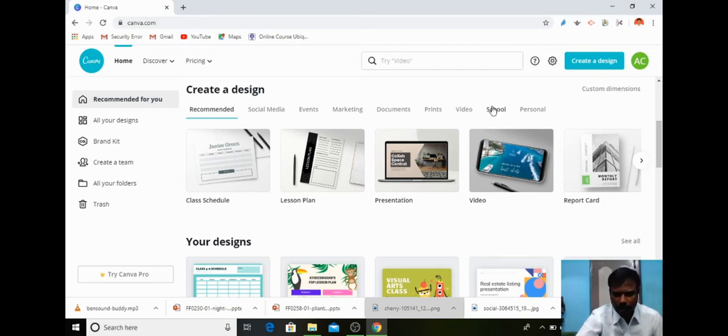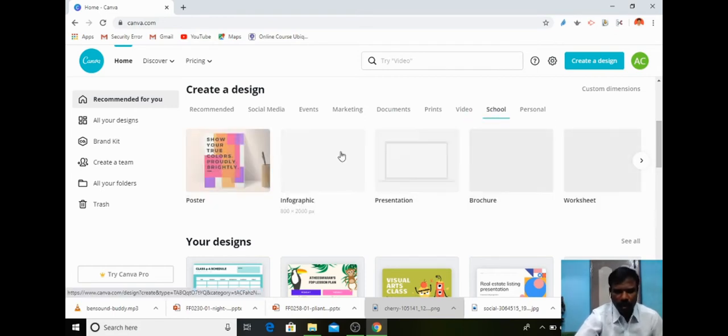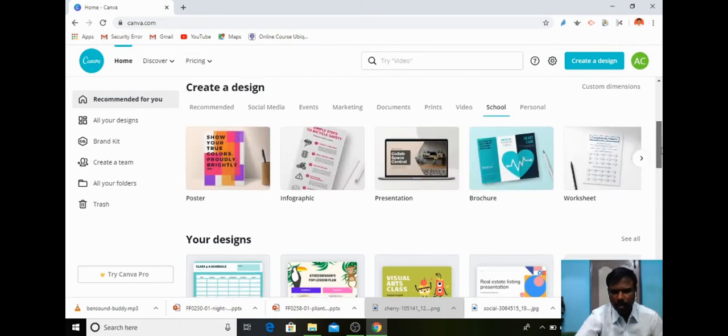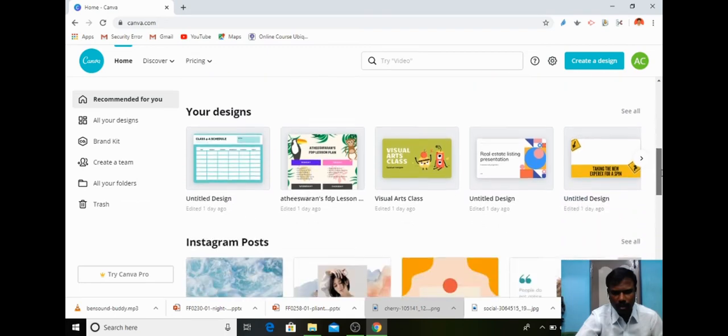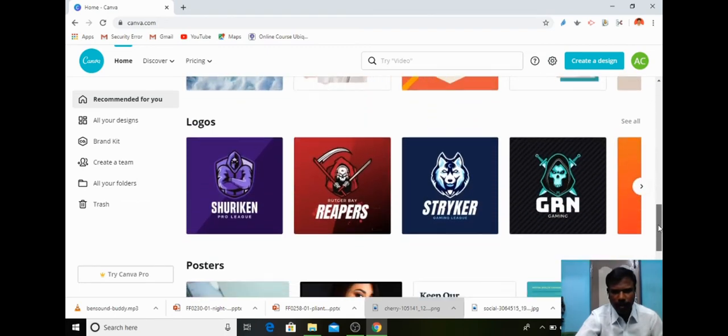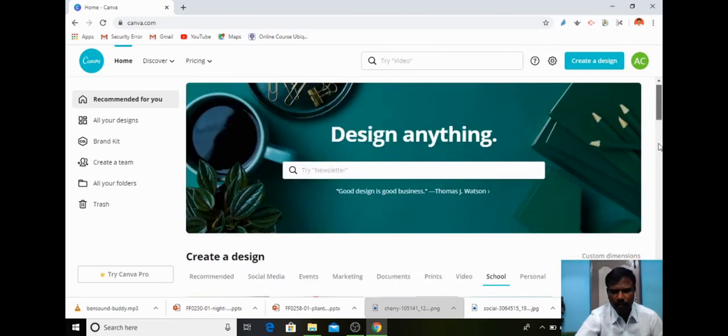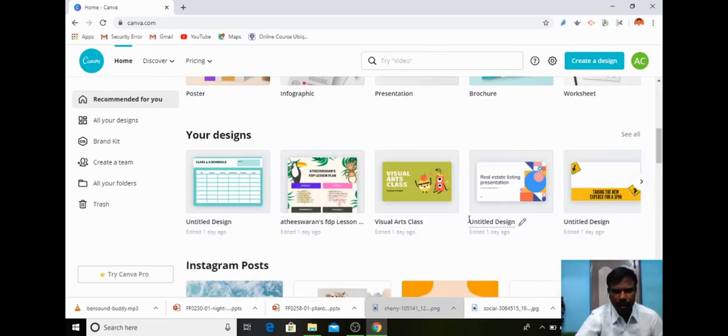If I select the school, it will contain all the designs for school oriented purposes. Now you can see, for example, this is a design I can use for a lesson preparation or lesson plan.